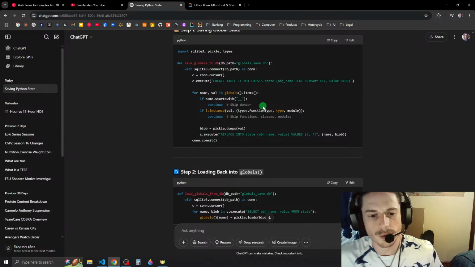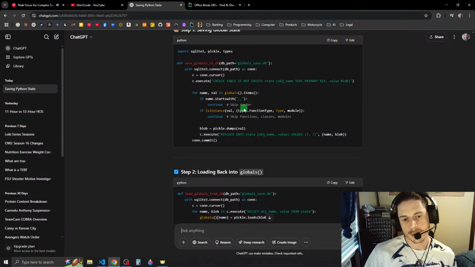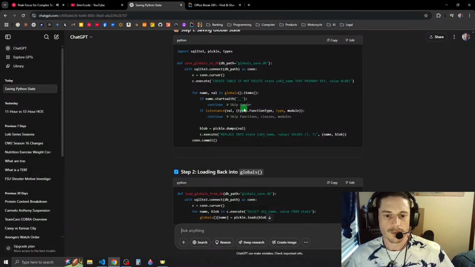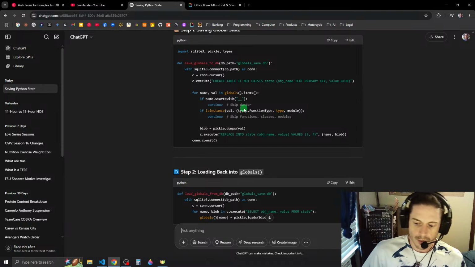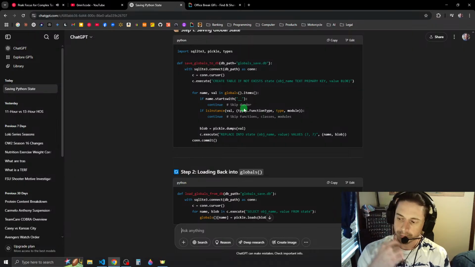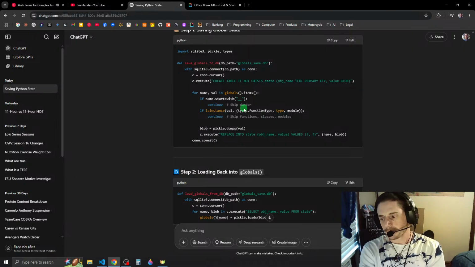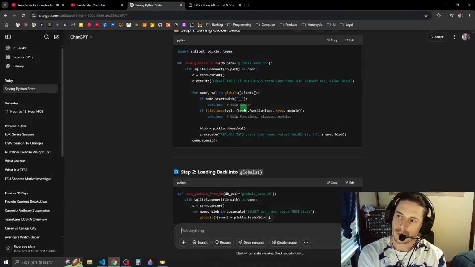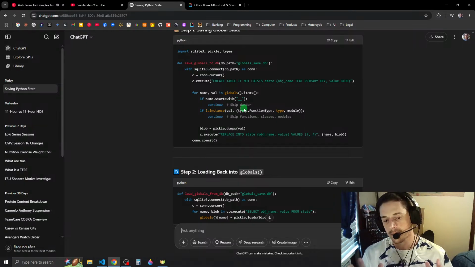It's iterating through globals. So it told me not to use globals, but now that I'm understanding, let's just think about this. Okay, I feel like this is some simple logic.